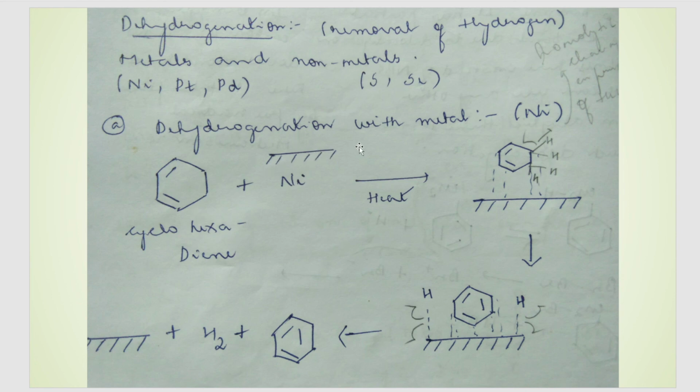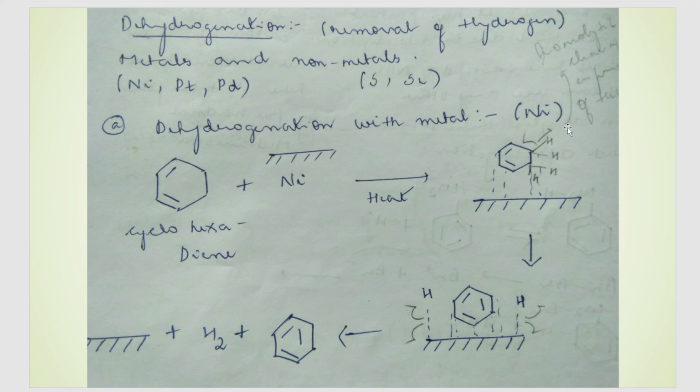So when this organic compound is heated in the presence of a metal, what happens? There is homolytic cleavage, and both of these hydrogens present, let's name the carbon numbers. If this is 1 2 3 4 5 6, so both the hydrogens attached to carbon number 2 and 3, here one hydrogen goes out by homolytic cleavage. Same way here also one hydrogen goes out by homolytic cleavage. So carbon number 2 and 3, both of them are free radicals. Now there is one dot here in carbon number 2 and one more dot indicating one electron present in carbon number 3. So there is a double bond formation between carbon number 2 and 3, as you can see here.